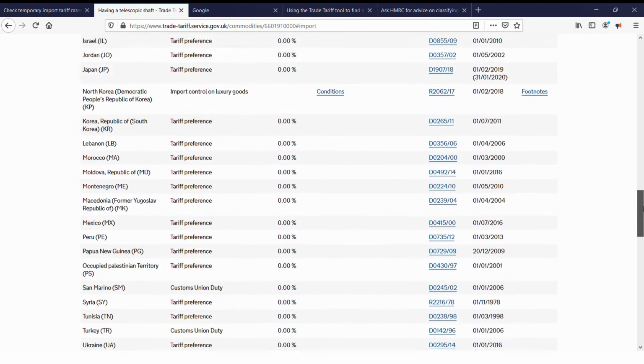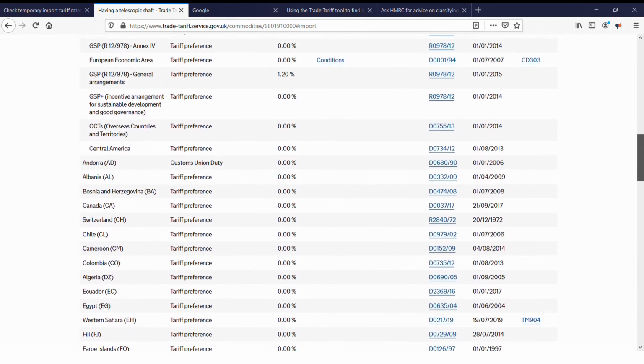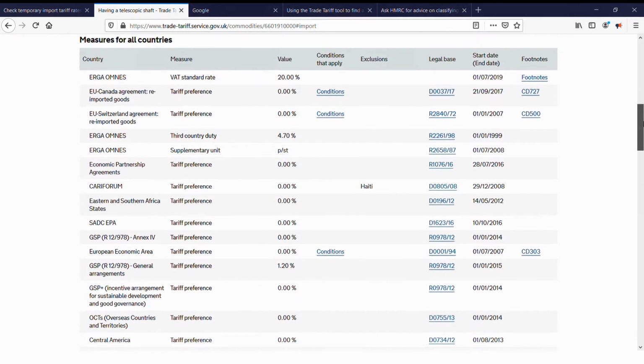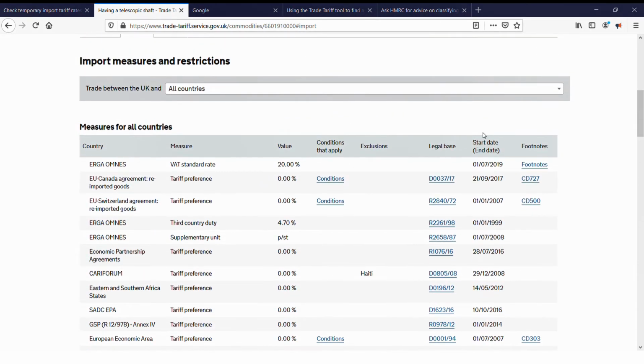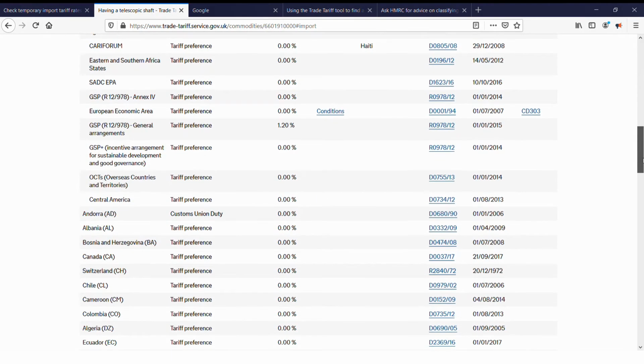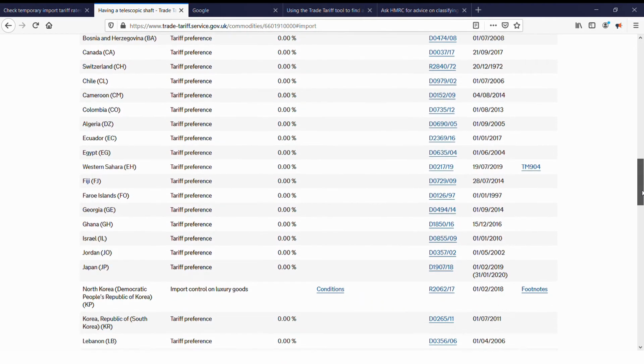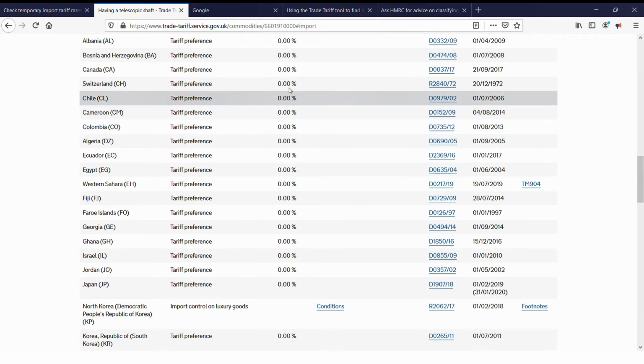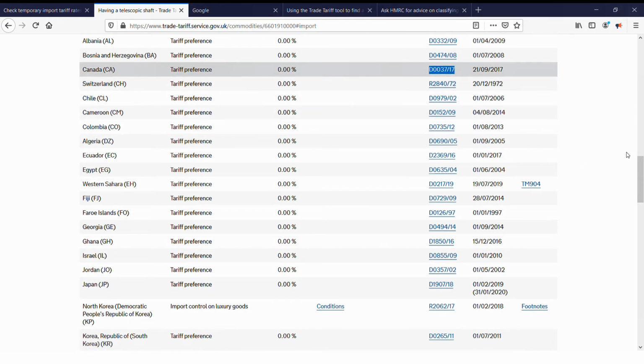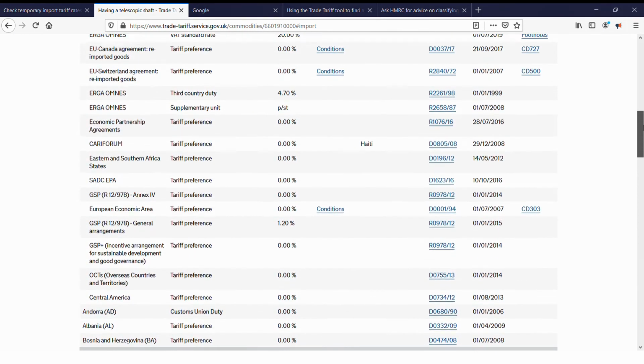For now, scrolling up. All data we see for import, export, measures restrictions, is taken from actual regulations. We saw how we can open and view these regulations via the numbers given in the legal base column. We won't do that again, but looking at Canada, D0037/17. Regulations can also appear more than once, in the same legal base column. Scrolling down. And again, there it is down here. We touched on regulation amendments, which can change the detail of measures and restrictions, for import and export.